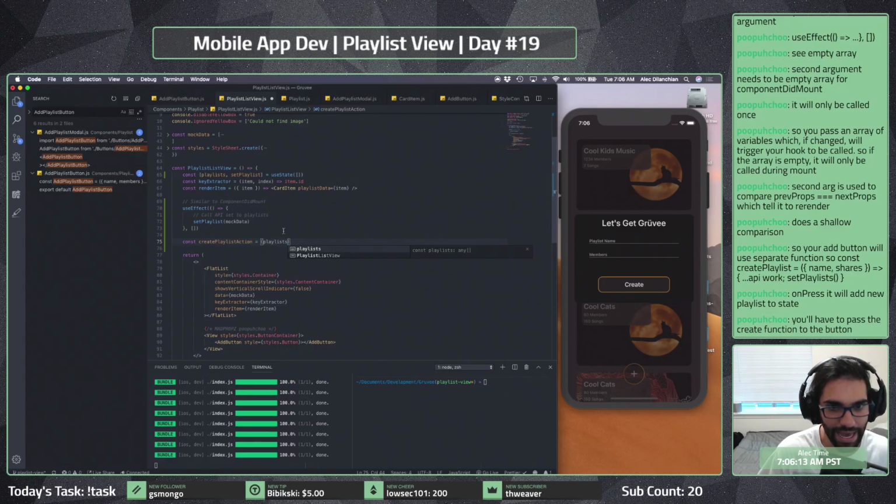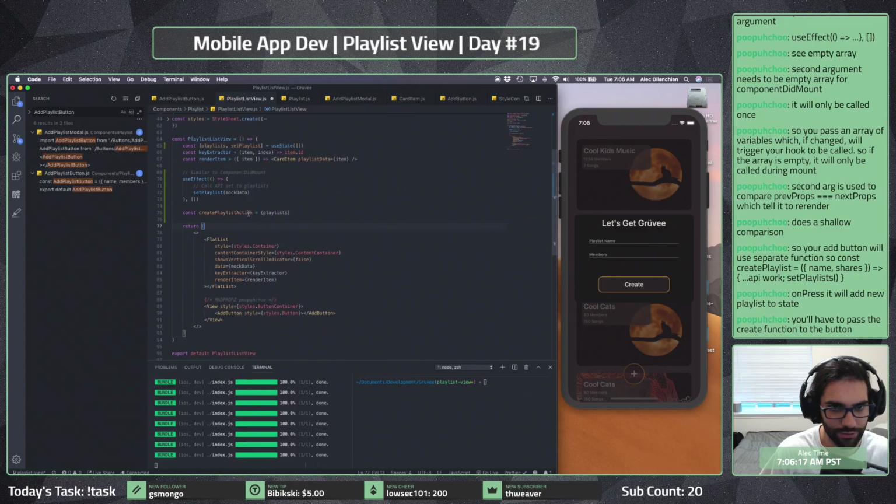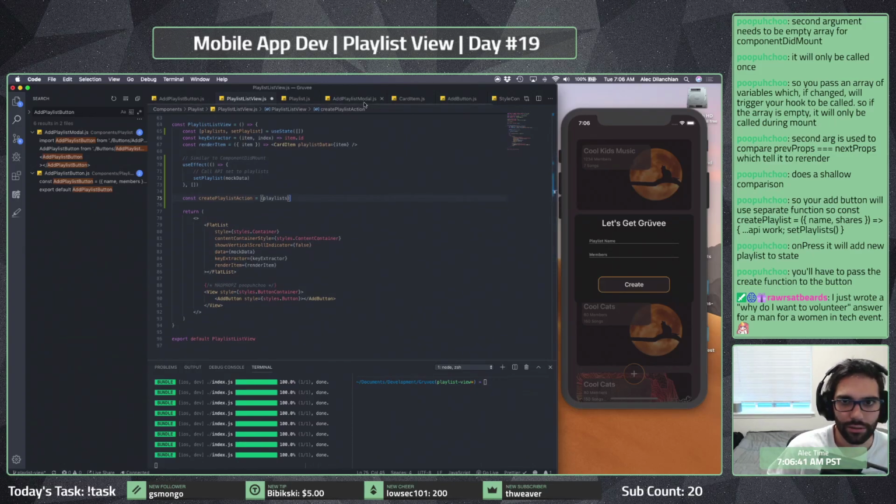To the function button. Yeah, no, I know, but I'm just creating this first, right? So it would just be here with playlists, and then when we click the button, we'll already have, wait a second. No. Yeah, because we'll